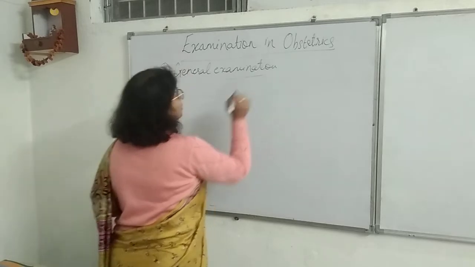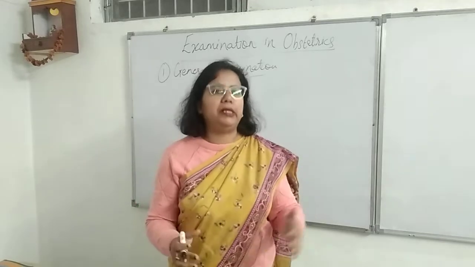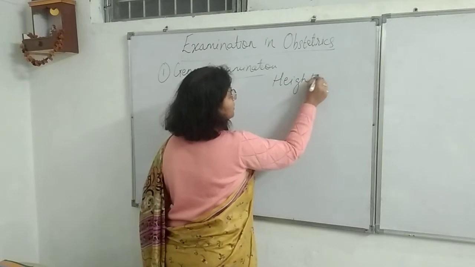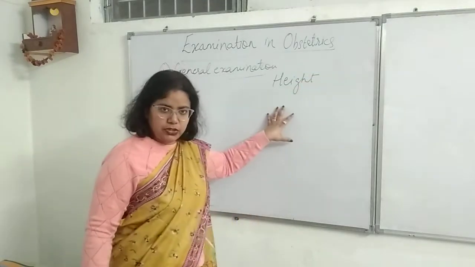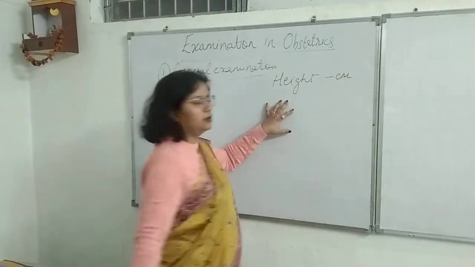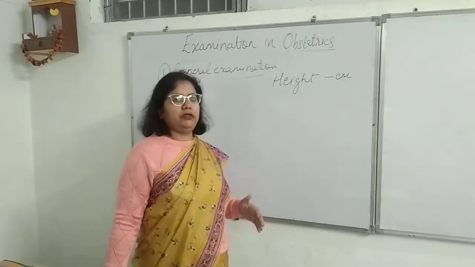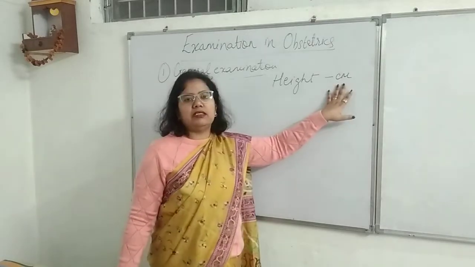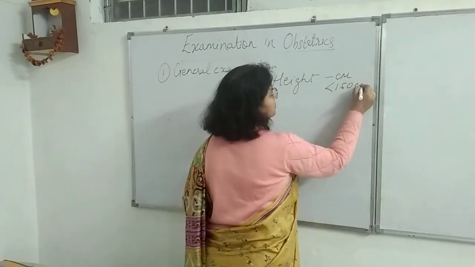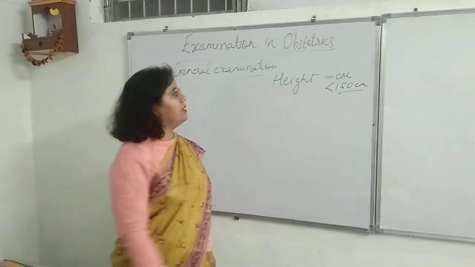While examining, just by looking at the woman, we get an overall assessment of her build. What is her height? Approximate. But when we do examination, we have to measure her height in centimeter. Okay, it's not just कि she is tall or she is small. इस type से हम नहीं बोलेंगे. We will be taking her height in centimeter. Why it is important? If she is less than 150 centimeter, it brings her to high risk pregnancy. Okay, number 1 is height.